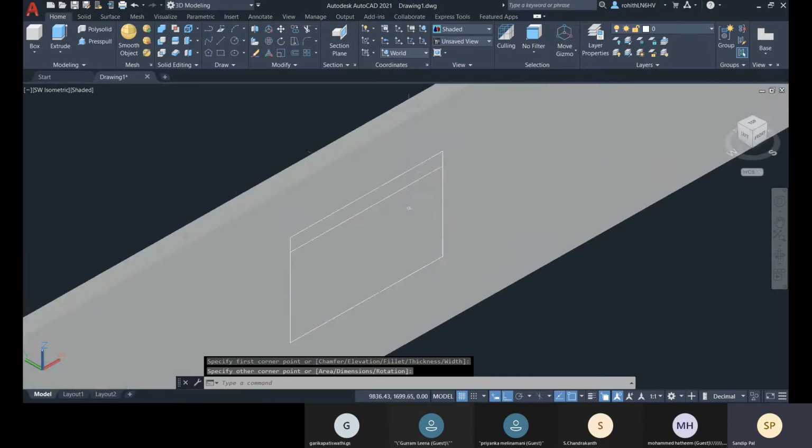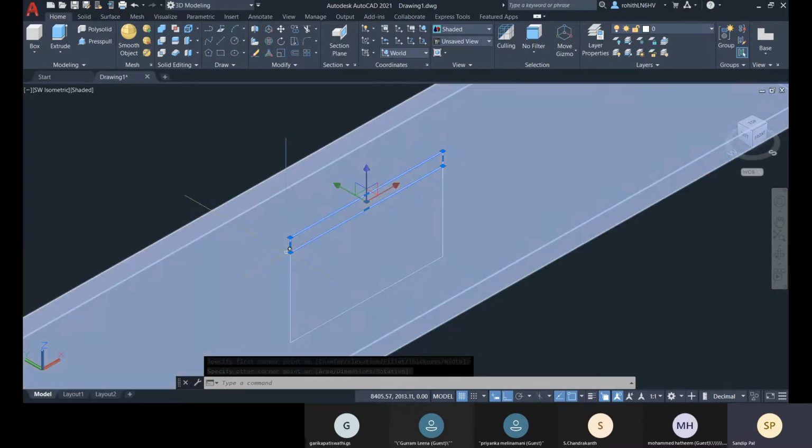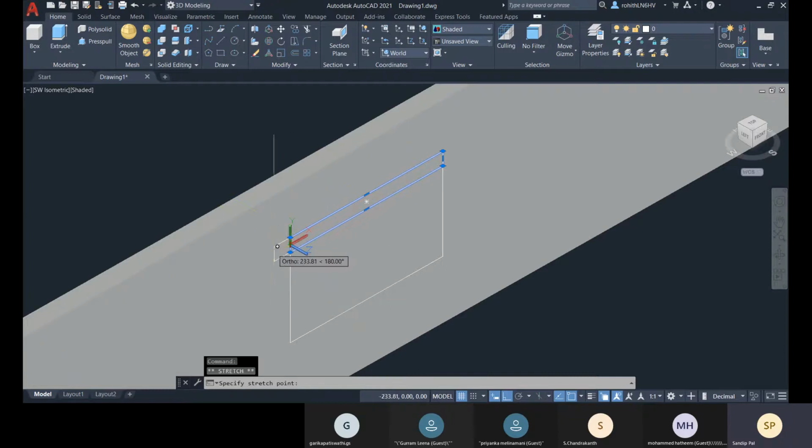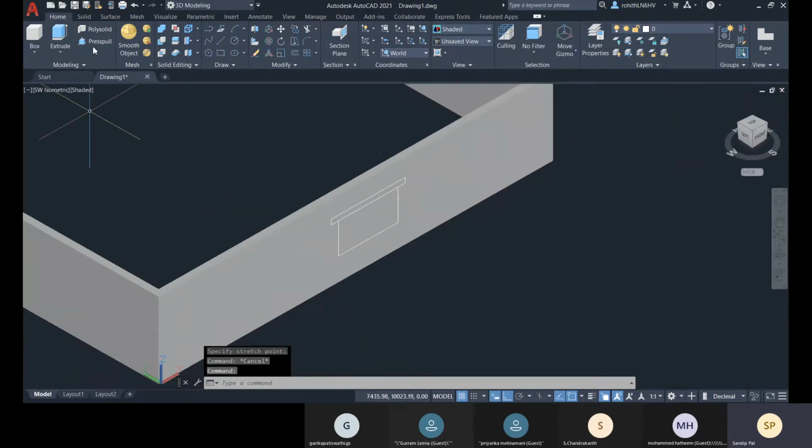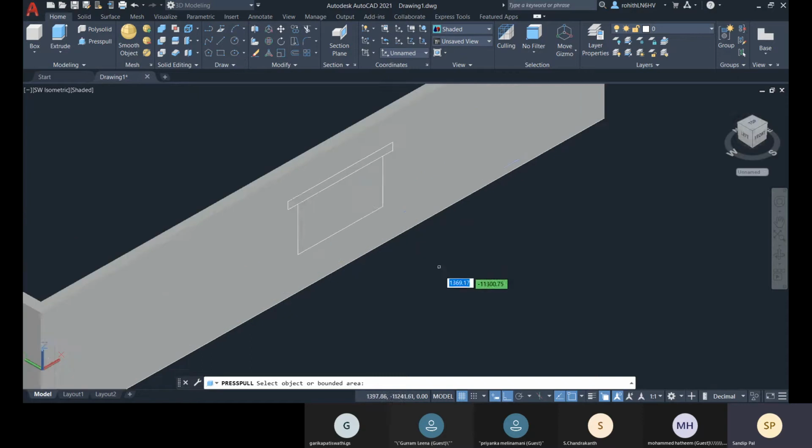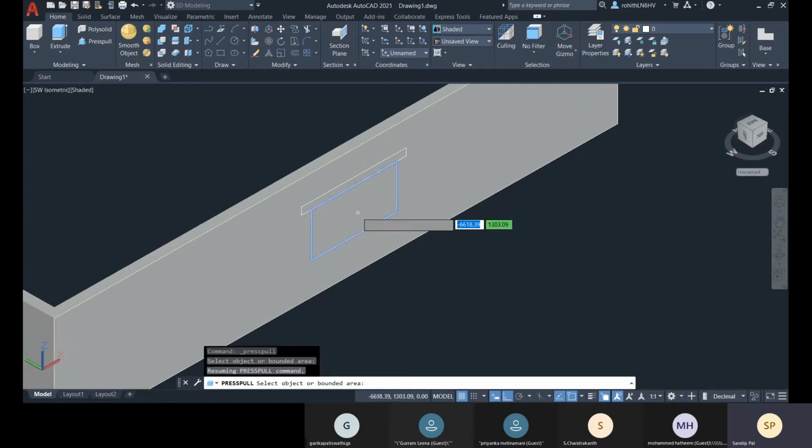For the chajja, I'm creating a random one. Okay, and we have this press pull option. For this window, I need a hollow.